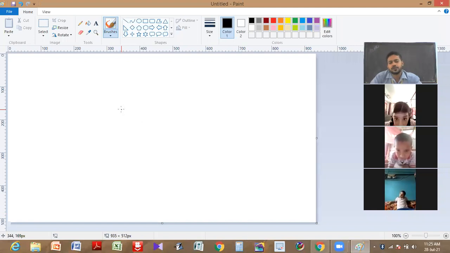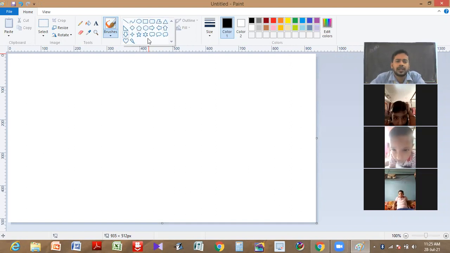This is the Microsoft Paint screen where you can draw different shapes. You can color it, you can save it. Now, how to draw here? This is the mouse pointer, you can see it moving on the screen. With this mouse pointer, first of all, we'll choose some shapes. You can see there are different shapes available in this toolbar.